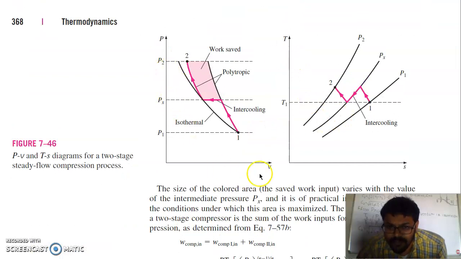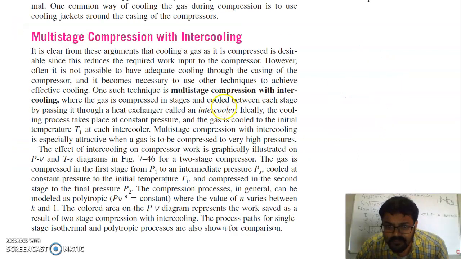You can see here in this PV diagram, we had raised the pressure of gas up to Px pressure, which is intermediate pressure, and then this gas is cooled. Then again from intermediate pressure it is raised to P2, meaning we have compressed using two stages here instead of using a single stage from one to here or from here to here. We are using a two-stage compressor. The component which is used to cool the gas at intermediate condition is called an intercooler.